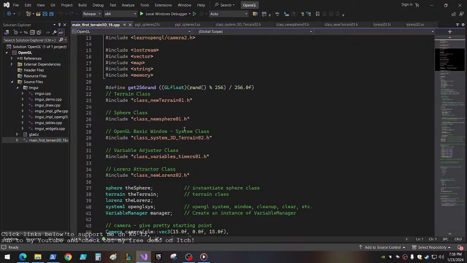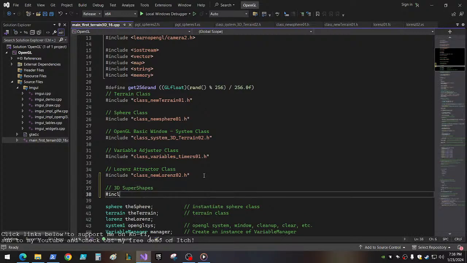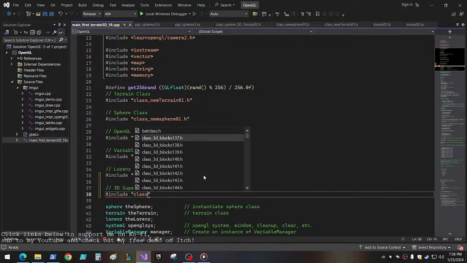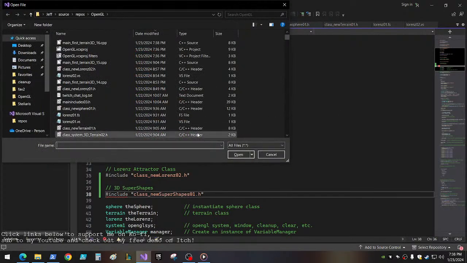Okay, so new terrain, new sphere, system terrain, variables, timer, Lorenz. Okay. Let's just, as if we don't know that it's 3D super shapes. Okay. Include class. Computer. New super shapes. 01. There we go. Save that. Okay, so open the other, let's open what I was just looking at,